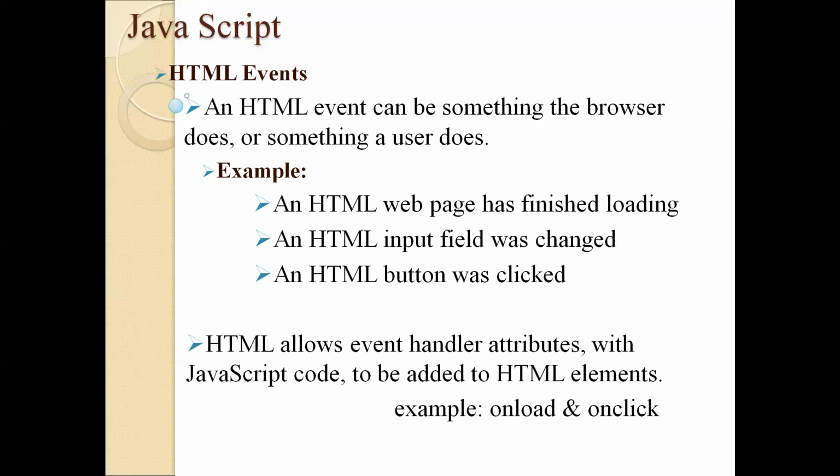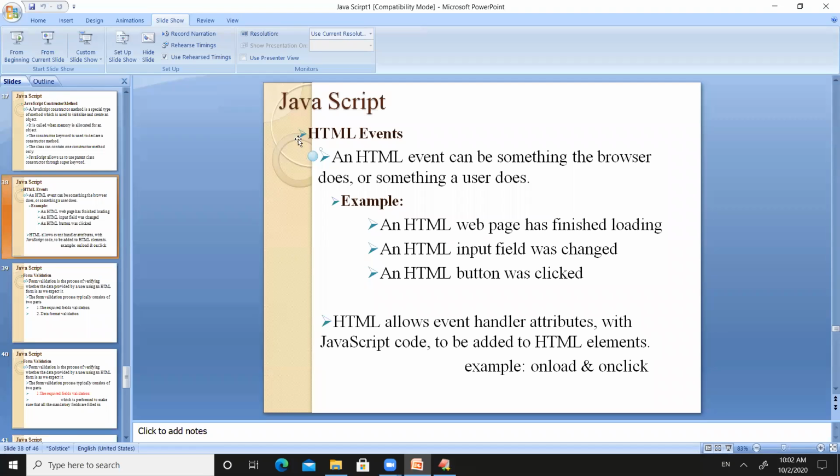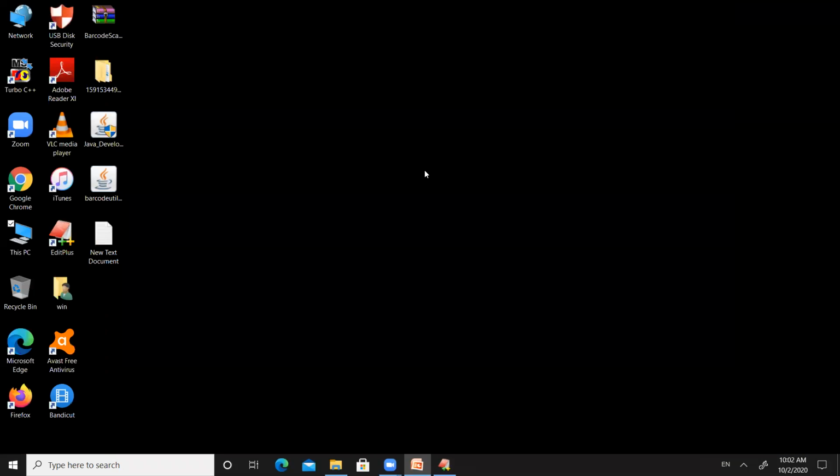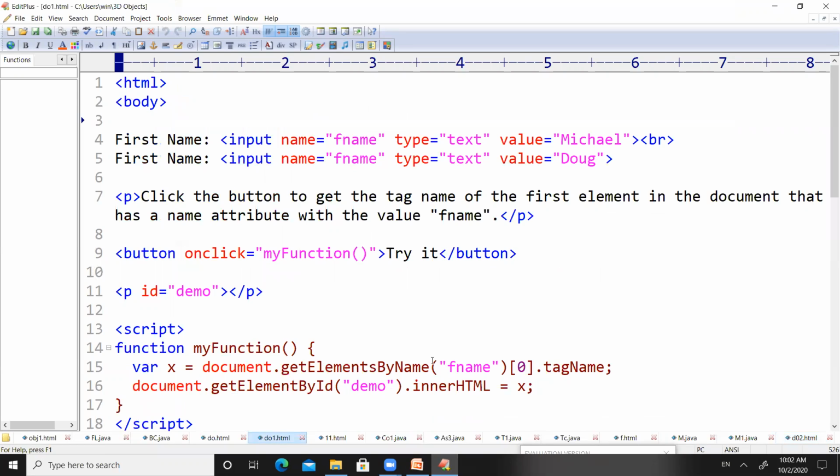So when a user makes a click on the button, the action which was assigned to the onclick will be performed on the web page. Let us have a look at one example on the onclick. This onclick is already used for many of the examples in the previous sessions, right? So let us see this example which was already discussed in the previous sessions.